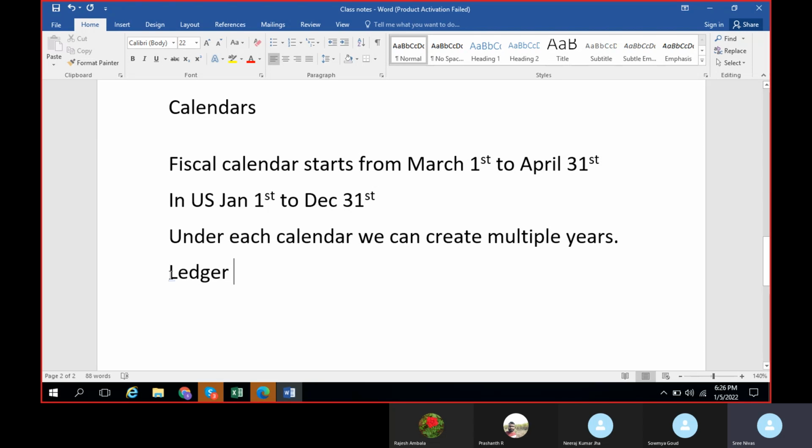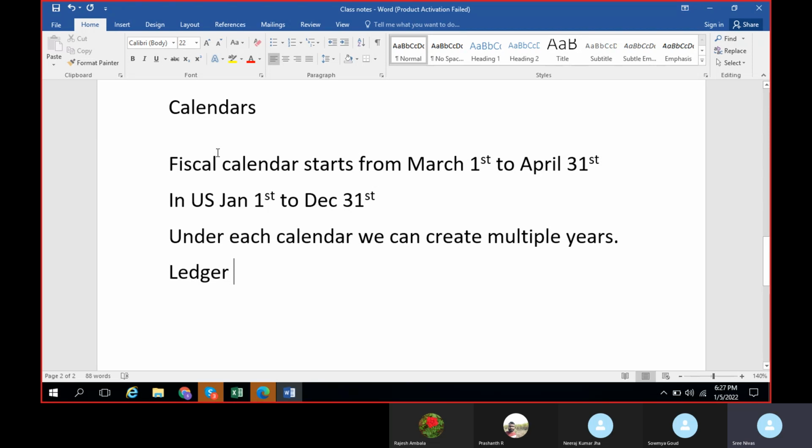All these configurations can be done in the ledger, and in case you want to keep any particular month on hold, all those things can be configured in the ledger. For example, today you have started the business, and you want to freeze a particular month, say the next February month, if you don't want your users to record any transactions. Or if you want to unfreeze, the unfreeze option is not available, I guess. Once you lock the month you cannot unfreeze, I guess. But if you want to freeze, you can do it under the ledger.